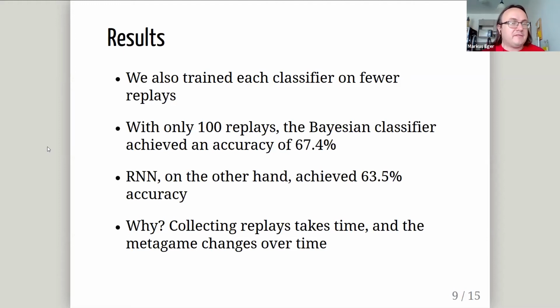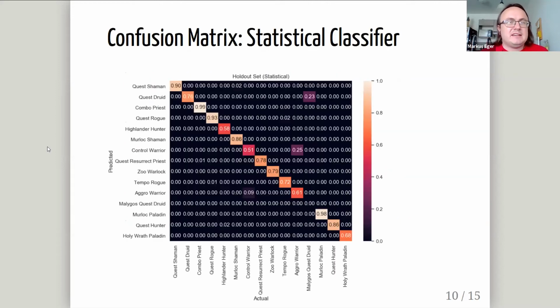Okay, and finally, one of the challenges we have is that not all errors are the same. So for example, here you see a confusion matrix for the statistical classifier. And I want to call your attention to two things. There's a deck called Maligos Quest Druid that was never predicted by the statistical classifier. And every single instance where the opponent was playing Maligos Quest Druid was predicted as the opponent playing Quest Druid,